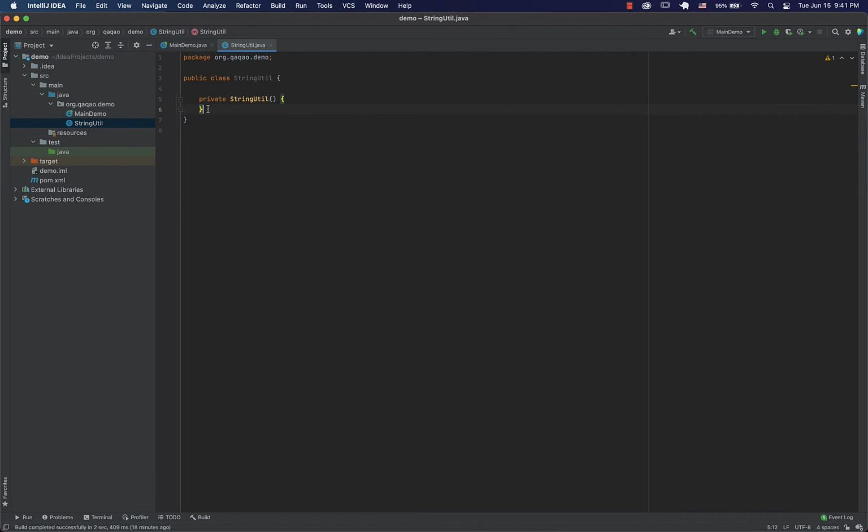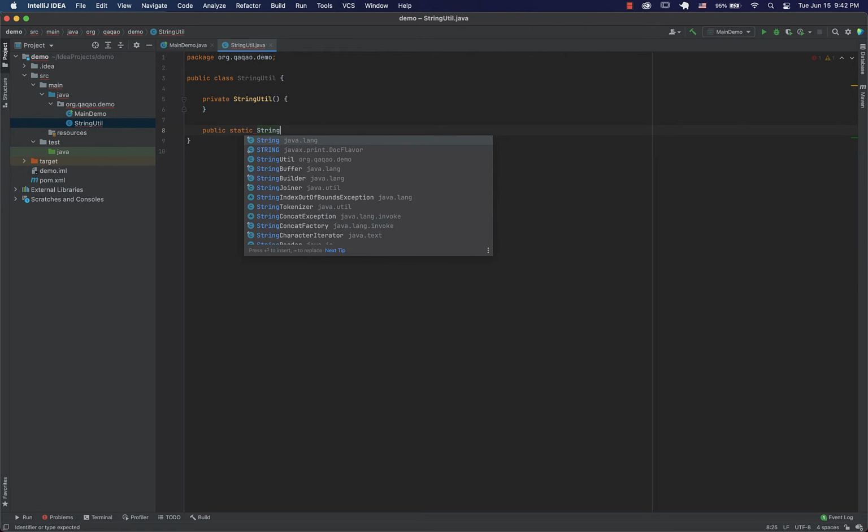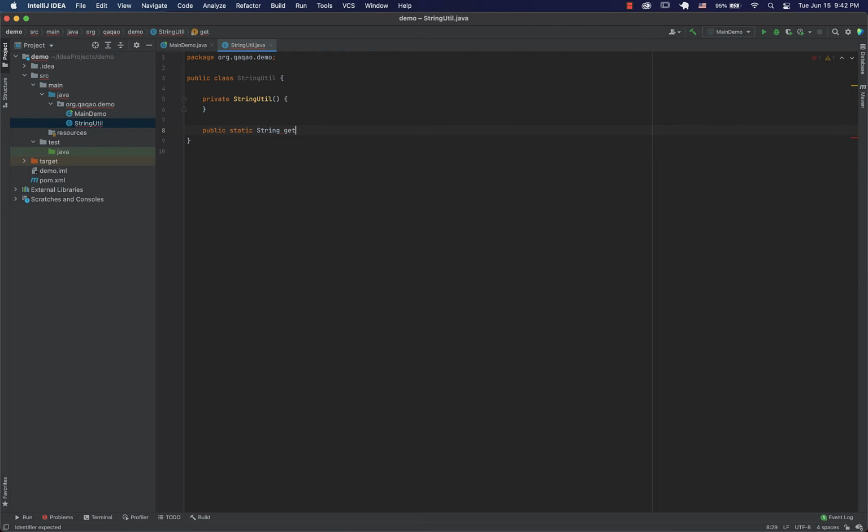Let's make it private. And we're going to have a static method. Let's say getMatched, we will return value of a string, getMatchedValue